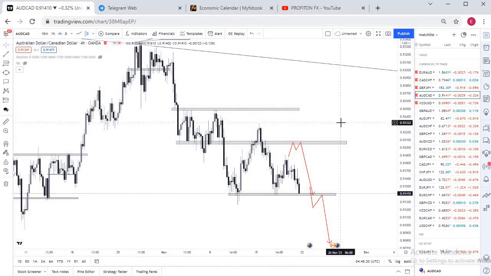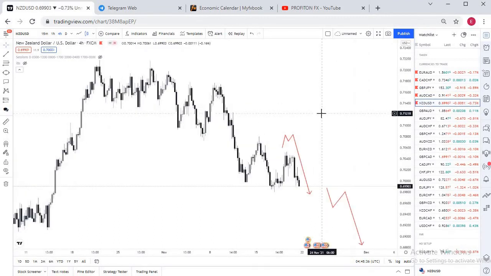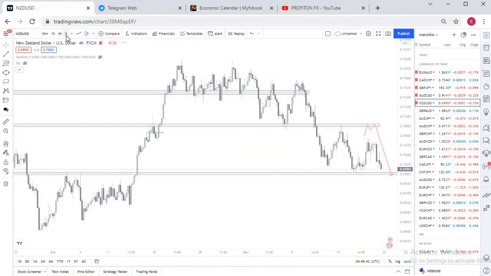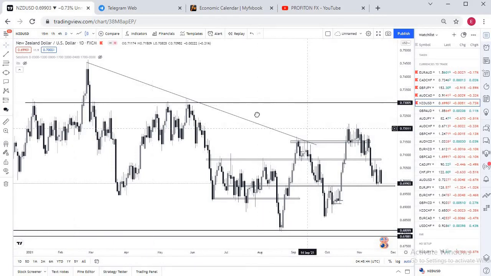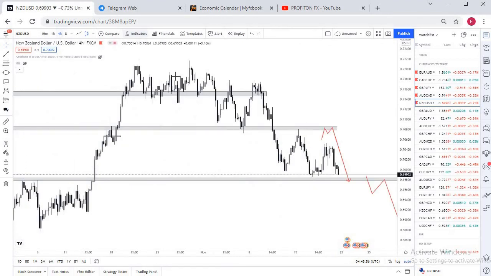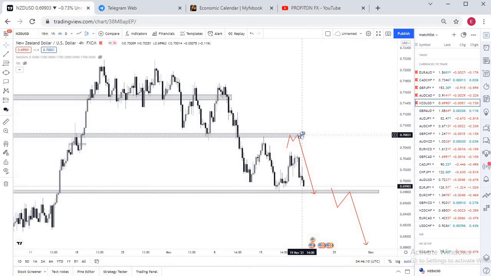And moving on, NZD US dollar. NZD US dollar, when you start on the daily time frame, the market is a bit choppy. We don't have a clear direction currently on where the market is headed. However, being an intraday trader, I'm seeing formation of lower highs and lower lows, and I'm also seeing bearish impulsive moves. So in this case, I'm bearish on this market, so I'll be looking for possible short positions only.